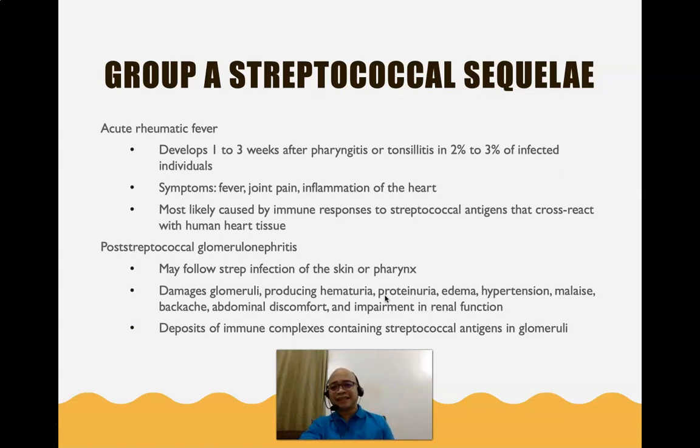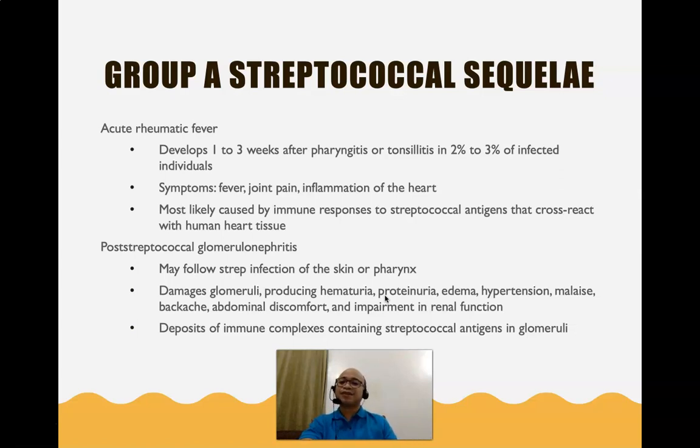Or if the heart is not affected, there's a chance that their kidneys may be. So this is what you call post-streptococcal glomerulonephritis. It may follow strep infection of the skin or pharynx. We do not want this to happen because in glomerulonephritis, there would be damage in the glomeruli, and glomeruli are important for filtration. Eventually there would be hematuria, proteinuria, edema, hypertension, malaise, backache, abdominal discomfort, and impairment